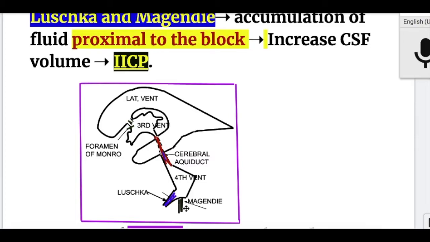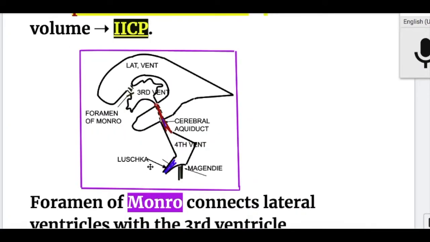Here it's Luschka and Magendie. If they are blocked, then it causes increased pressure proximal to the block. That increases CSF volume and increases the intracranial pressure in the ventricles. I just discussed the connections of the different